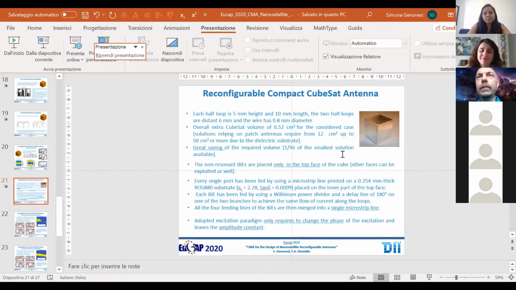Plus you have the enormous advantage that you have access to 4 phase groups, basically, that you can use to cancel the pattern or create nulls in some direction if they are causing problems. That's something we do with 5G, for example. We place a null on the interference source. Because you have this flexibility, with access to a group of 4 phases, you can also have this on your side as well.